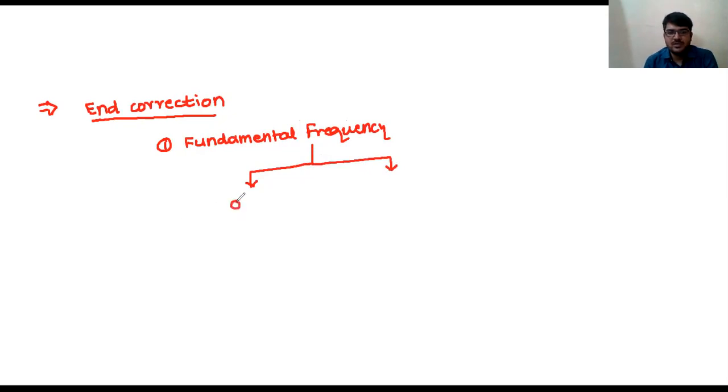So if this side I am writing as an open pipe and here I am writing as a closed pipe. So for fundamental frequency in case of open pipe we got relation like this: